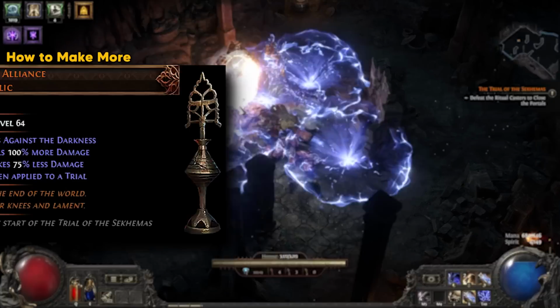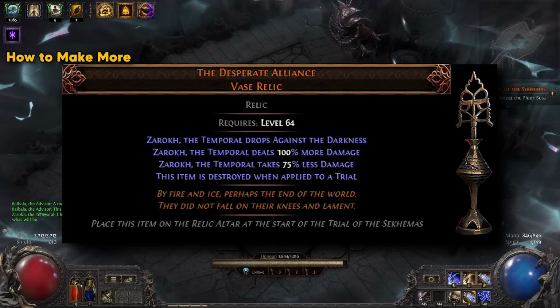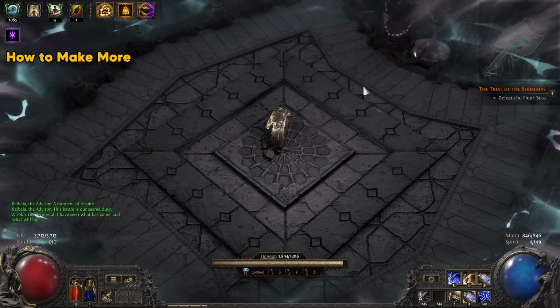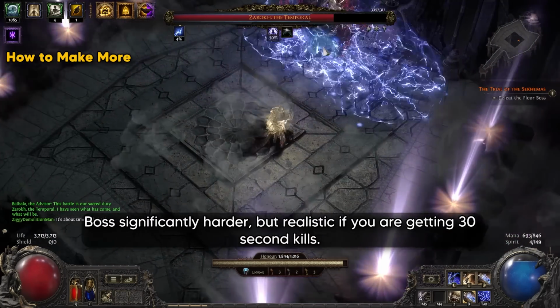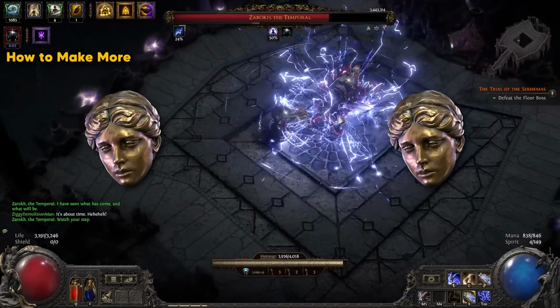Using Desperate Alliance relics once you get a bit more confident with it, so do some runs without, and if you feel like you're crushing the boss, if you're killing it in 30 seconds or so, then this will make the boss significantly harder, but I do think it is actually pretty reasonable to try and aim to do. This will make you an extra 1 to 2 Divines a run, which is a huge improvement to